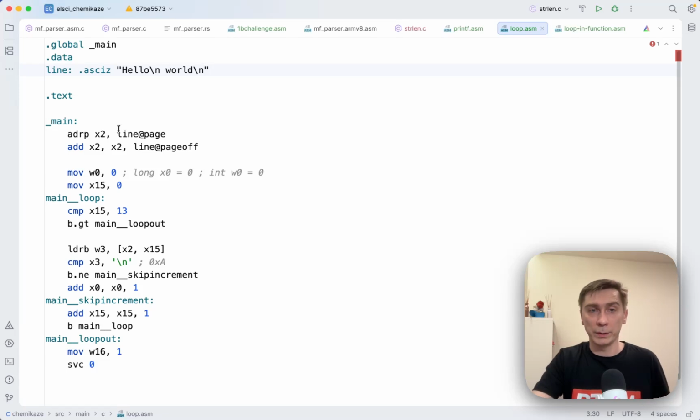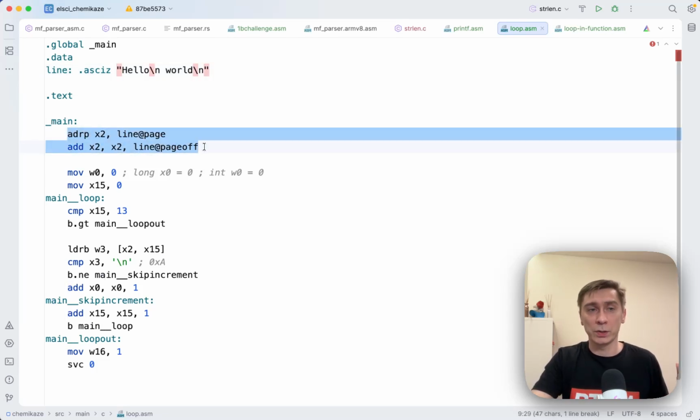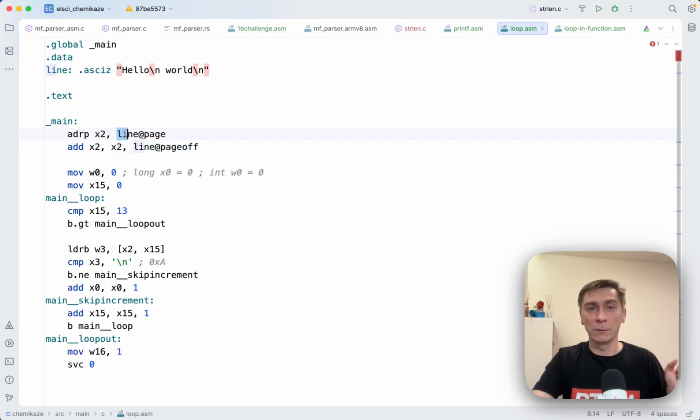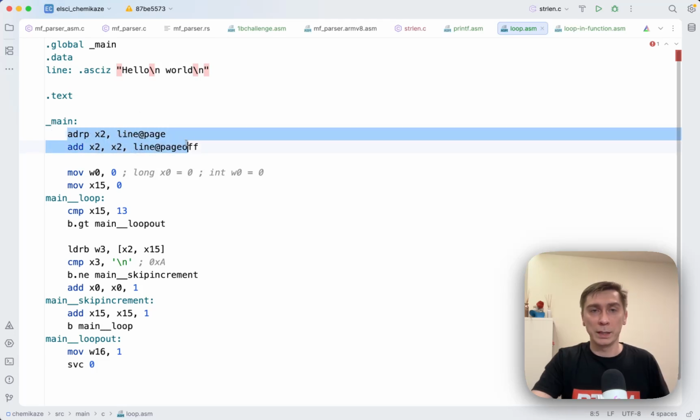Now we want to load it. In order to load it, well, it's kept in some section of memory, and it's not necessarily close to our code. So these procedures are used to reference that piece of memory. And the compiler will find this label and will put the actual address relative to this instruction to reference this piece of memory. And this is where we see the difference between ARM and Intel